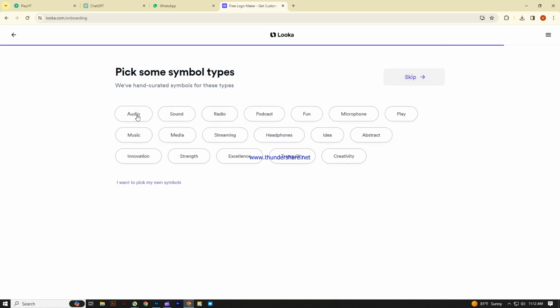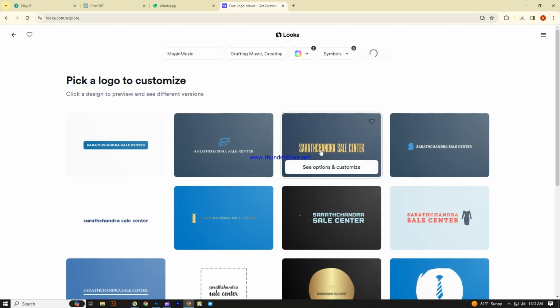Pick symbols. You'll be presented with various symbols and icons. Choose the ones that resonate with your brand or